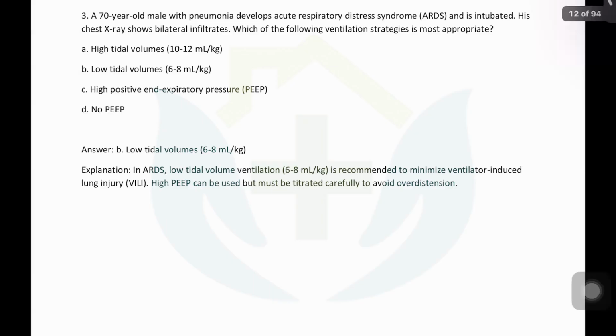We all know that in ARDS, we will discuss more about it later. Low tidal volume ventilation is recommended. Why? Number one, the baby lung concept, that the lung that is surviving is the lung which is contributing to oxygen. The lung which is damaged is the lung which is not contributing. So we are not ventilating that lung which is not contributing, we are ventilating that lung which is still healthy. So if only 30% of the lung is left, we will not ventilate with 100% of the lung volume.